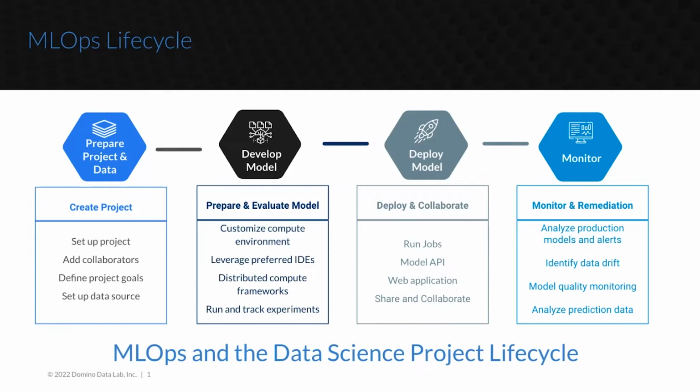And then you're also able to run and track experiments. That being said, that means that basically if you want to create a batch job and you want to run that, whether it's programmatic or in the platform manually or based on a certain time frame, you have all those capabilities to do that in Domino, especially with respect to the second layer of developing your model.